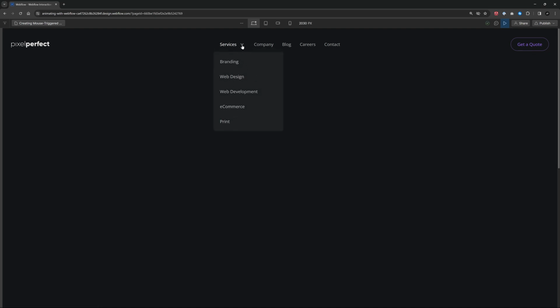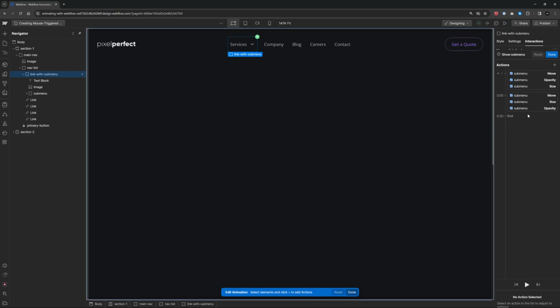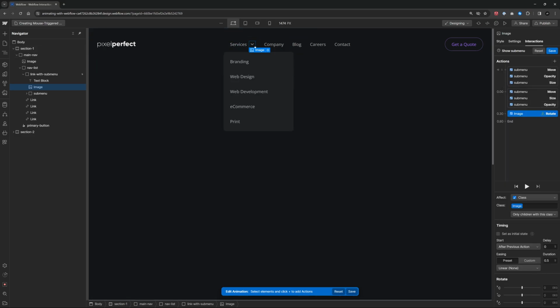How about we rotate this arrow so that it points up when the menu is open? So we go to the show submenu animation, and let's select the image, and let's add an action. We're going to choose rotate, and we're going to rotate to 180 degrees. So now it's pointing up. Same duration, same easing. Now notice the image is rotated after